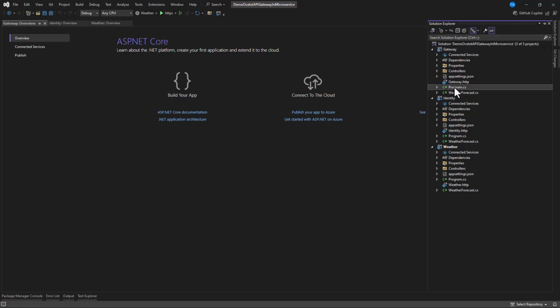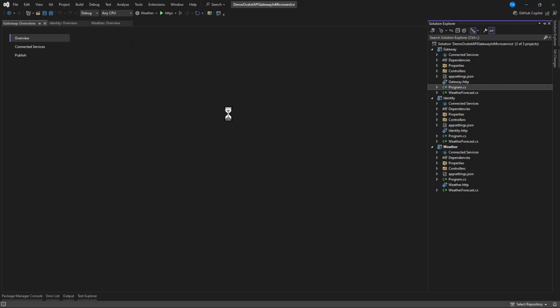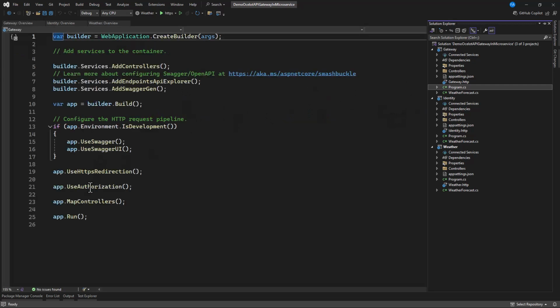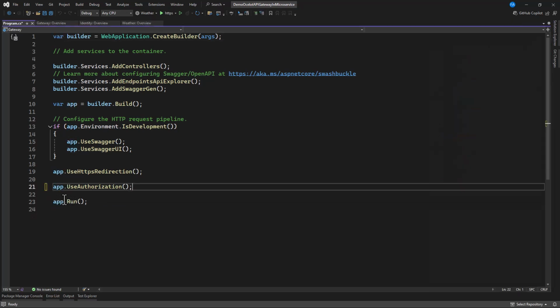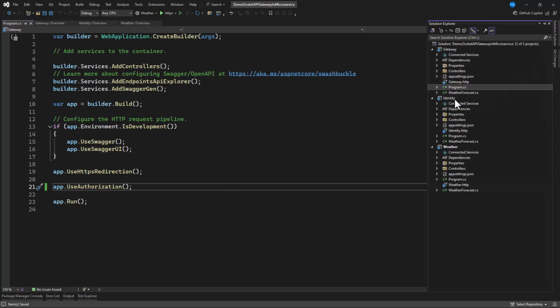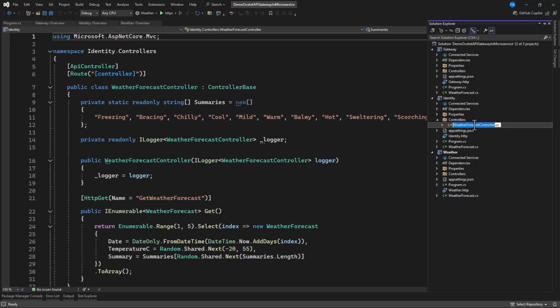Now the first thing that we need to do here is, when you go to our gateway, we don't want to expose any UI, so I am going to remove this controller. I'm not mapping any controller, so we can save this. Now the next thing I'm going to do here is let's try to do something small with each API that we have. So I need to check the identity from our controller. You can see that we have weather forecast, and I'm going to make this maybe users. So user controller,